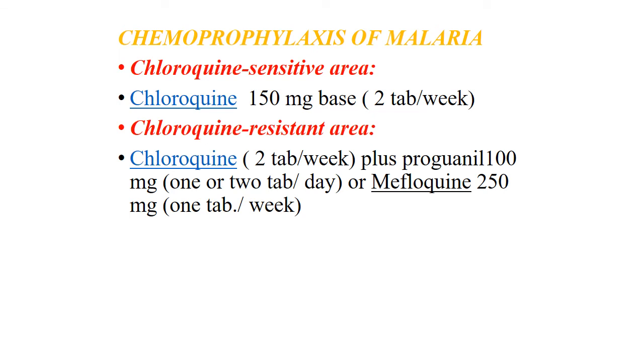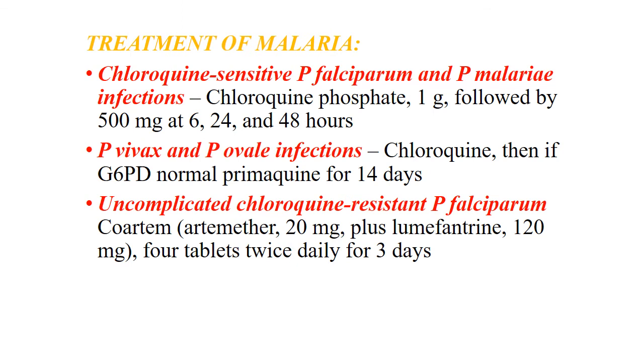For chemoprophylaxis of malaria, in a chloroquine-sensitive area, chloroquine 150 milligram base is used, 2 tablets per week, and in a chloroquine-resistant area, chloroquine 2 tablets per week plus proguanil 100 milligram 1 or 2 tablets per day, or mefloquine 250 milligram 1 tablet per week. Now, treatment of malaria: